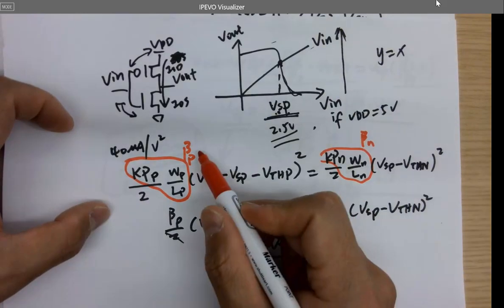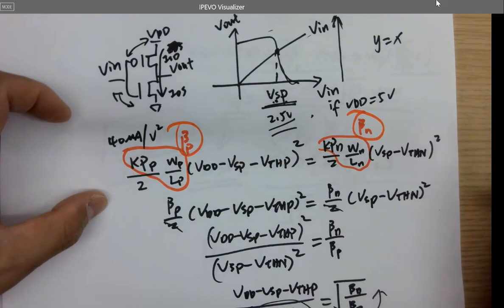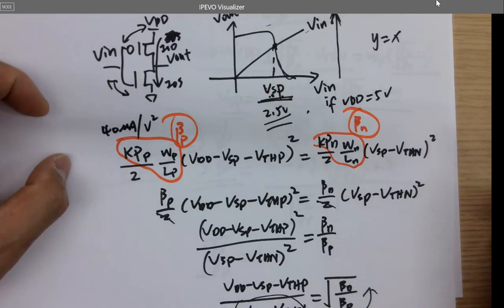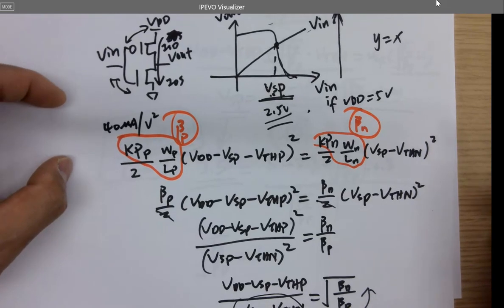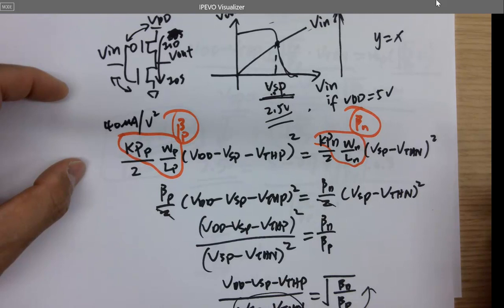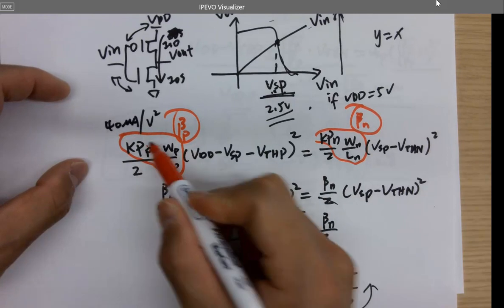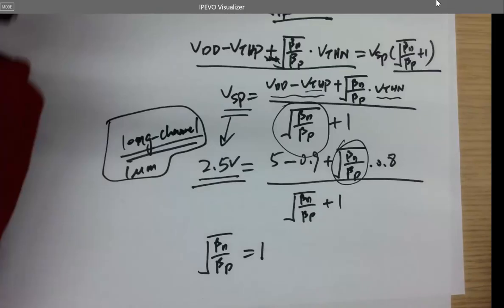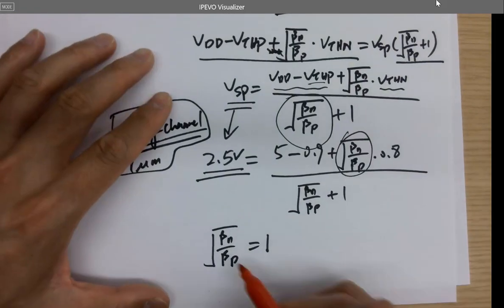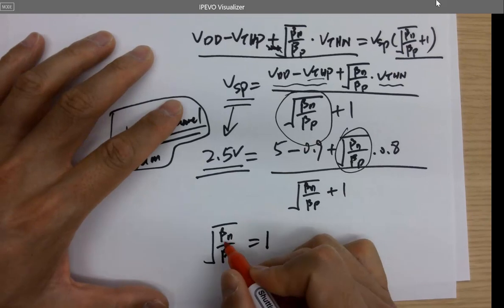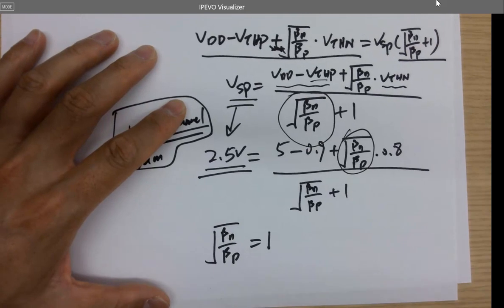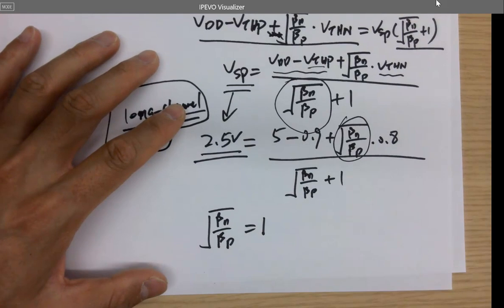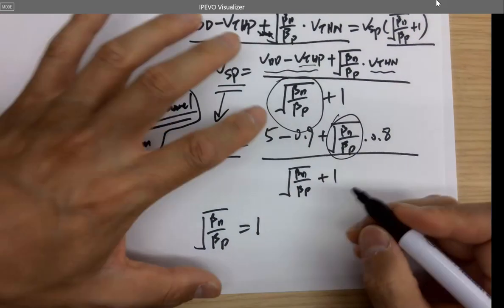If you want to make these two equal, do you need the same width and length for the PMOS and NMOS or not? The same ratio. The KPP and KPN are different. Okay? The ratio, okay? So this one,